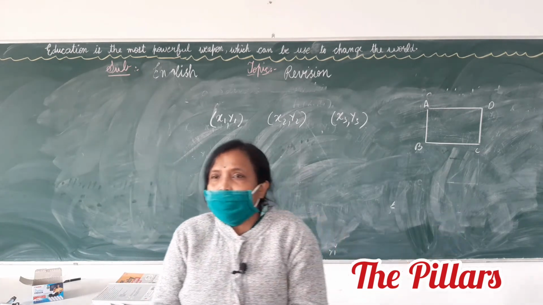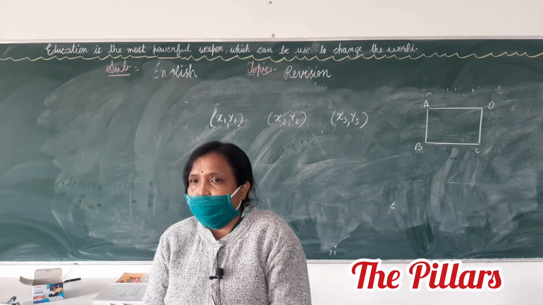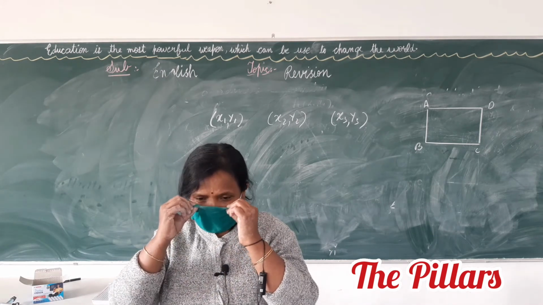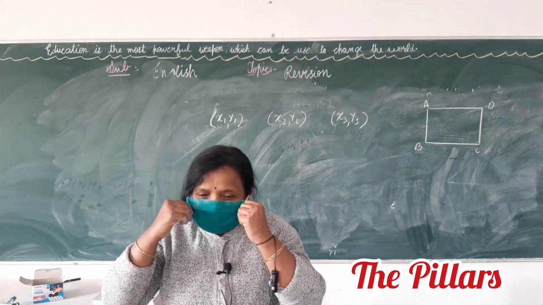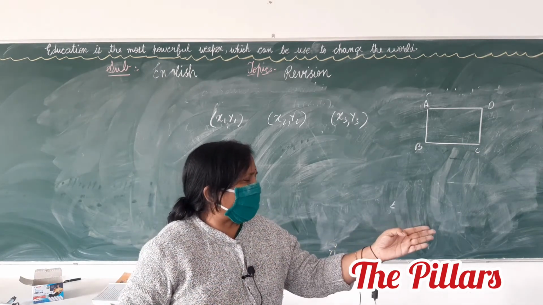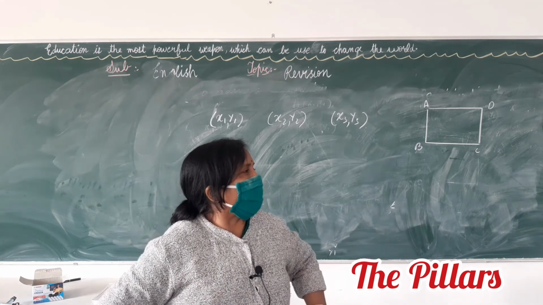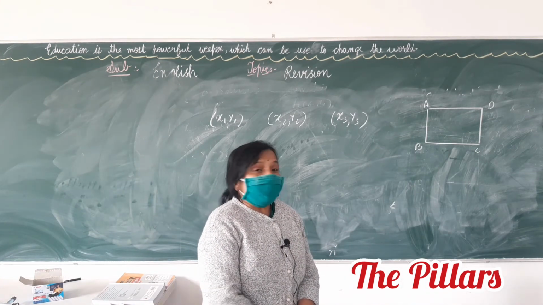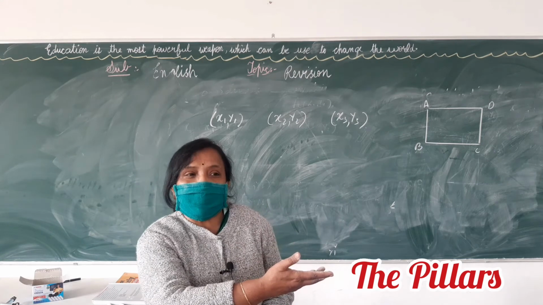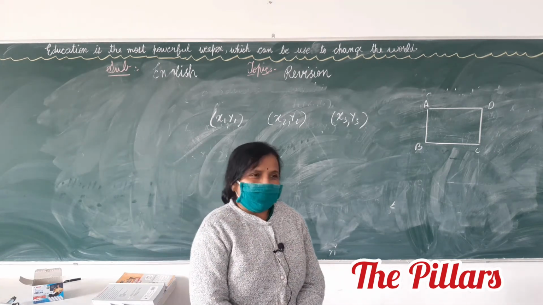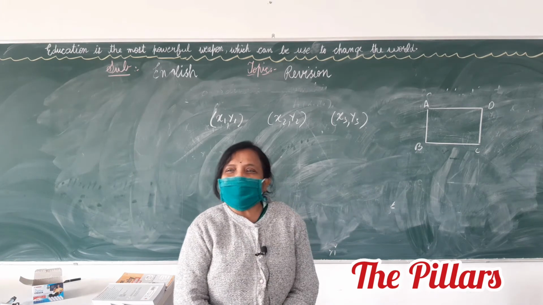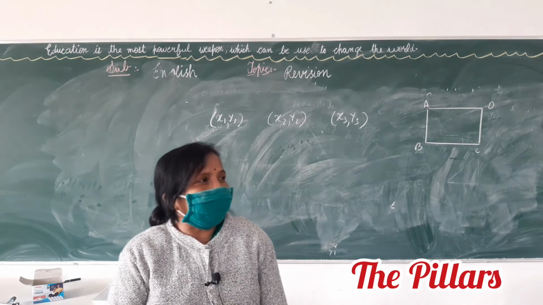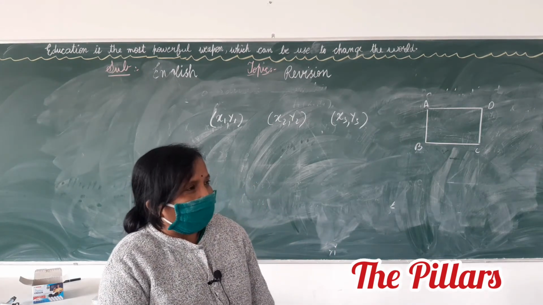Tell me, what is the centroid of a triangle? Stand properly first of all, stand straight, hands at the back. This is how you should stand and answer. Tell me. The point where 3 medians meet. Very good. Clap hands for him. Properly. We will teach him how to clap hands. Very good. Tell me, what are the coordinates of a centroid? x is equal to x1 plus x2 plus x3 by 3 and y is equal to y1 plus y2 plus y3 by 3.